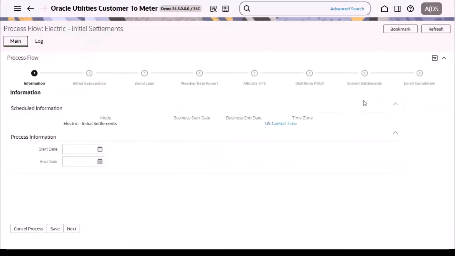So this is the entire process flow of initial settlement process where there are a total of 8 steps. First is the information, initial aggregation, zonal load, weather data report, allocate UFE, distribute polar, then submit settlements and finally email completion. There is a start and end date where you can select any start or end date